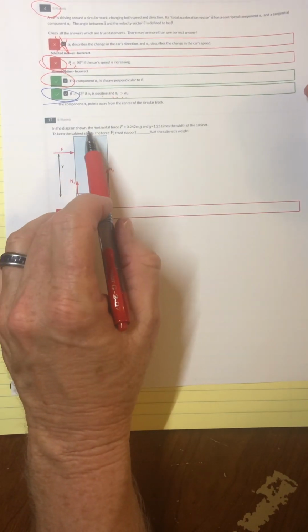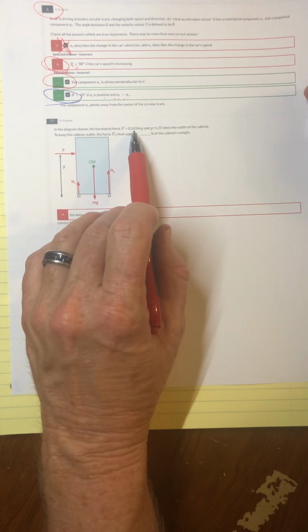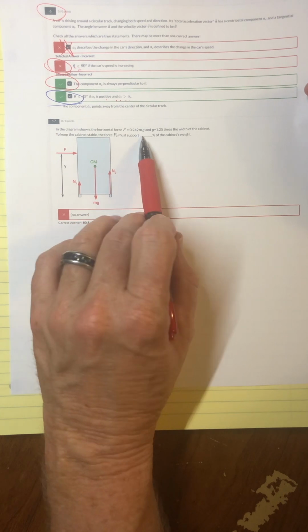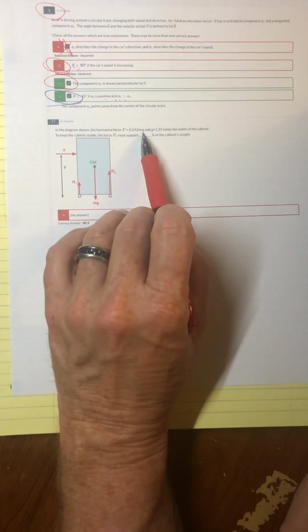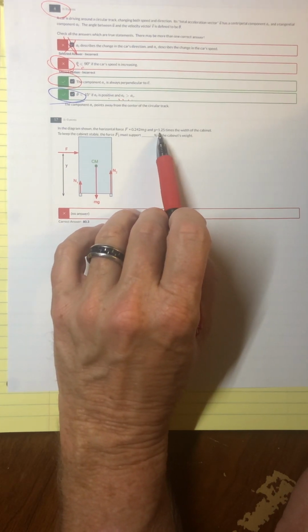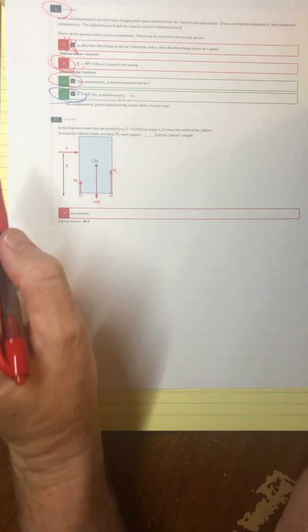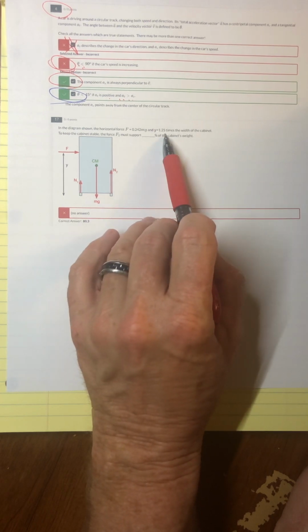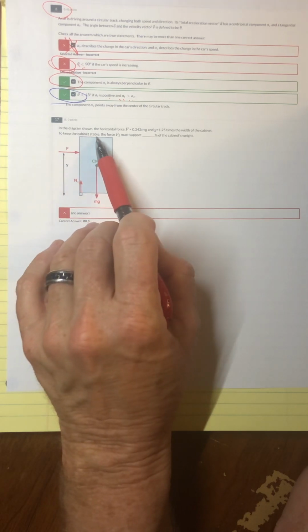So in the diagram shown, a horizontal force F of 0.242 mgs. So I guess this would be listed as a percentage of the gravitational force. And y equals 1.25 times the width of the cabinet. Okay, so they don't really tell us what the width is or the force, but they give it in terms of multiples. Okay, to keep the cabinet stable,